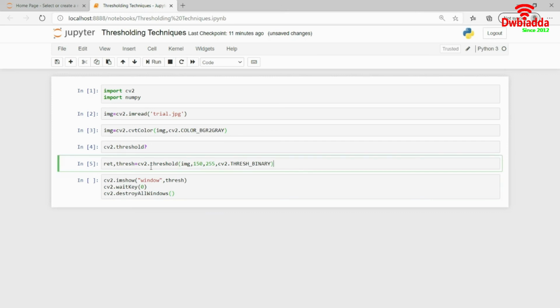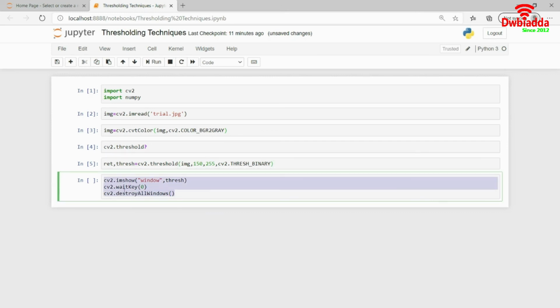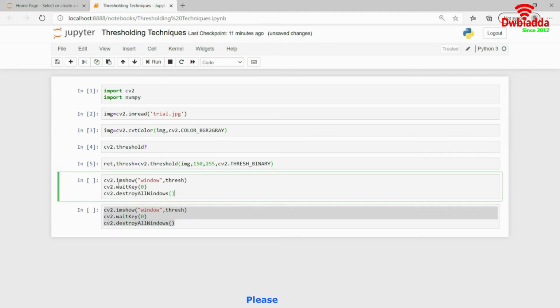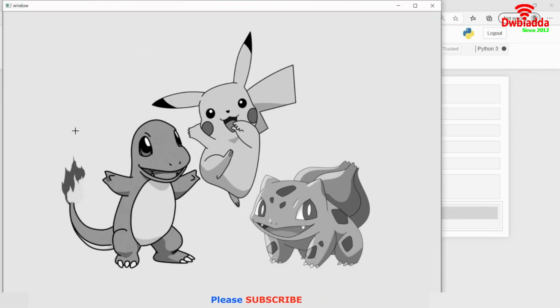And before that, I will let you see the real image as well. This was our real image. I will run this piece of code first. So this is our grayscale real image, and now I have applied the binary thresholding technique over it.